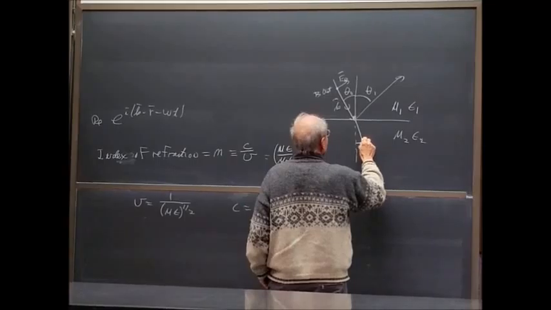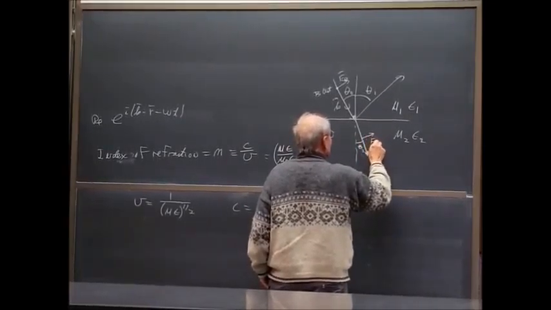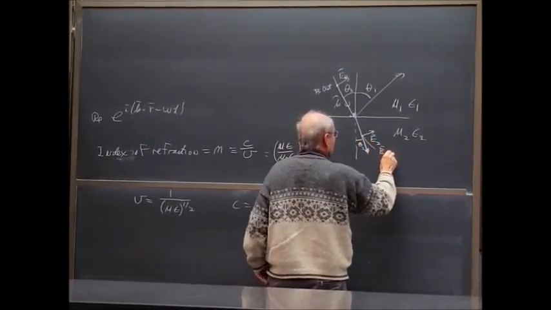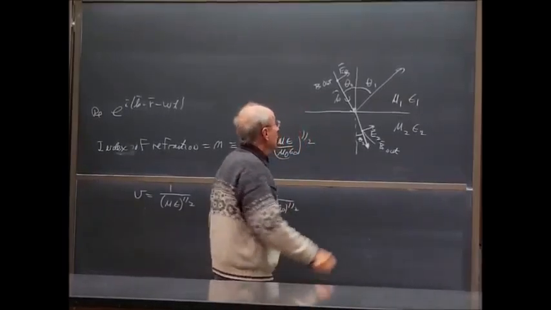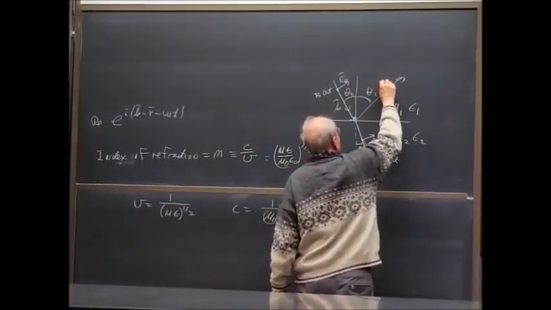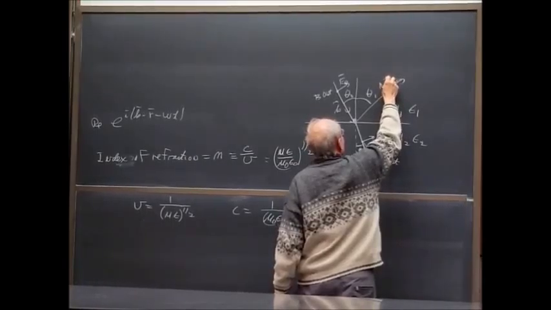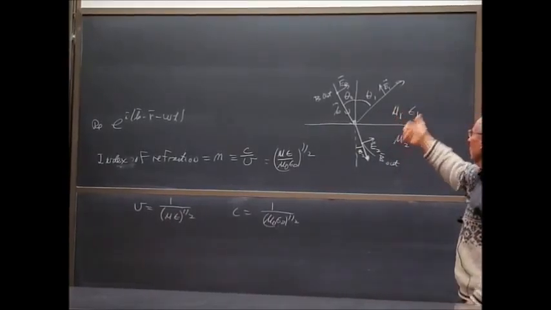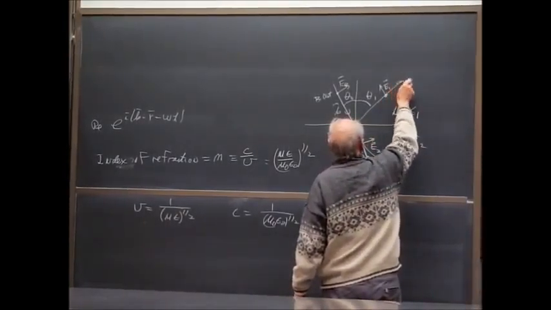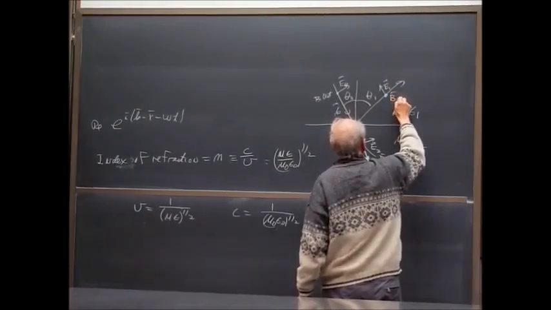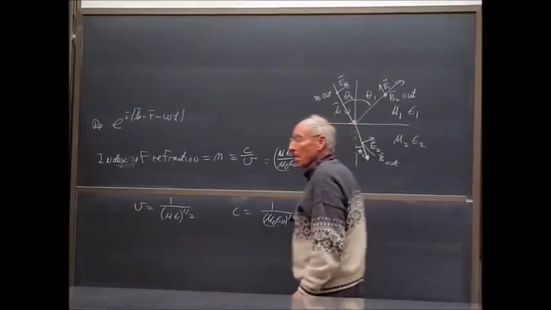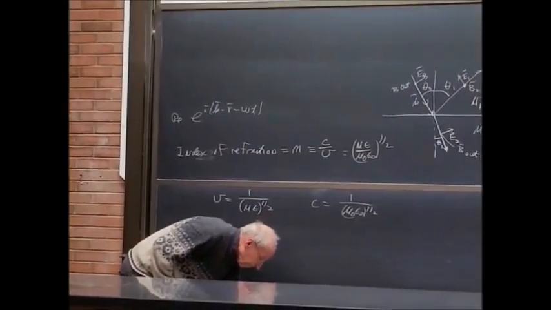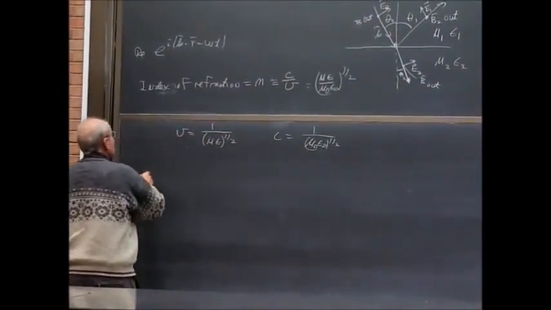Okay, well that means down here it'll be the same thing. You'll have E2 and B coming out of the board. And up here, we take E1 to be that way. Then we need B out of the board so that the propagation will be in that direction. So B2 will be directed out of the board. Okay? Now, for the B's and the E's,